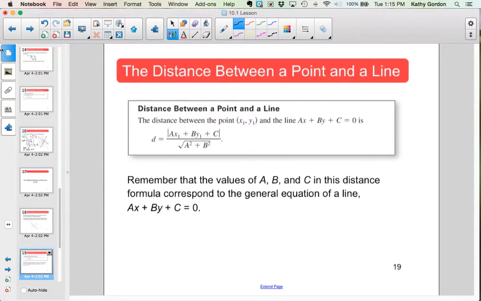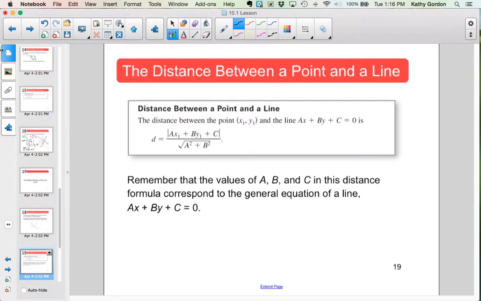This one is just a flat out formula. I'm not going to derive it for you. I'm not going to show you where it comes from because it's a bit complicated. So this one is one of those that you just have to trust me. What you do need to understand about this formula, though, is where all of the pieces are coming from, because it's kind of a weird little formula. Okay, so write it down first. Make sure you got it down, and then I'll explain where it's coming from. So it's D equals